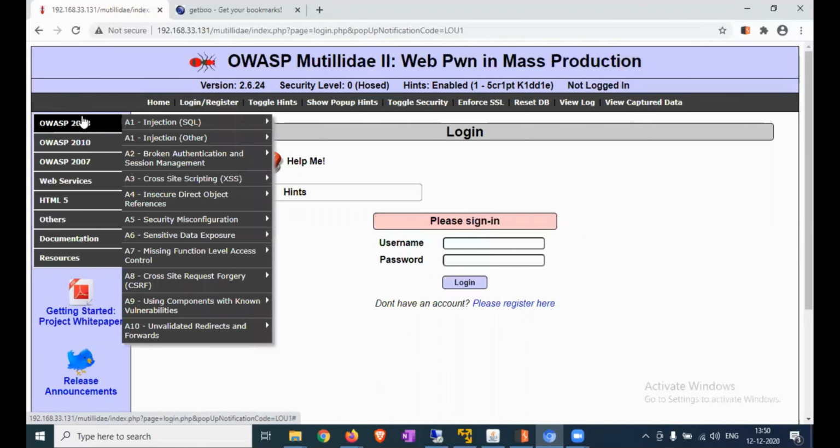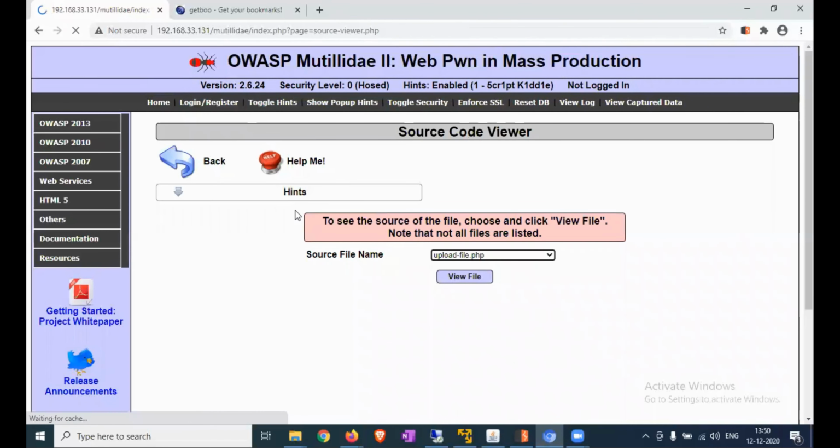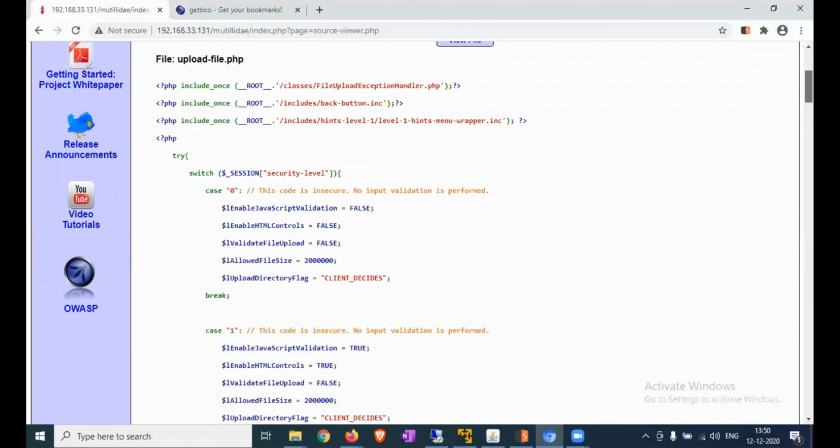Now the source viewer. From the source viewer page, using the default file selected in the drop-down menu, upload-file.php, click on view file. Okay, so now we are able to get the file upload-file.php.